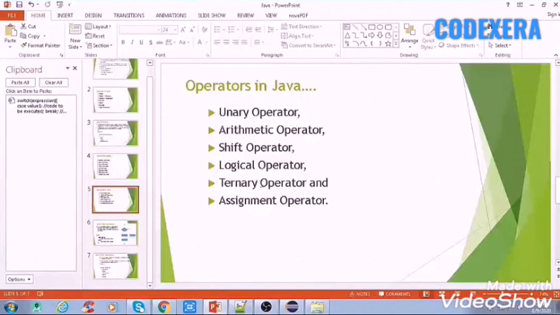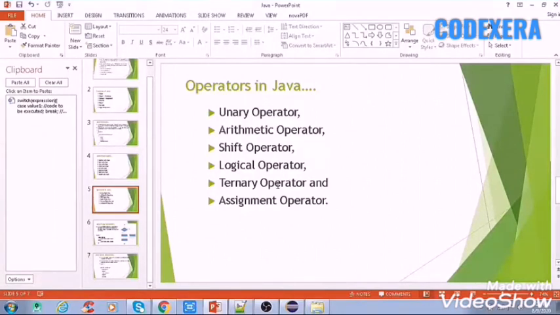And after that we'll see the ternary operator. The Java ternary operator is used as a one-liner replacement for the if-then-else statement and is used a lot in Java programming. It is the only conditional operator which takes three operands. I will show you which operands this operator uses, but before that we'll see what the assignment operator is. The Java assignment operator is one of the most common operators.